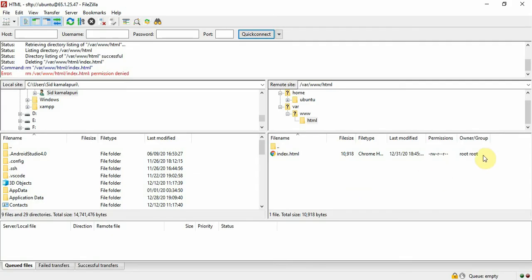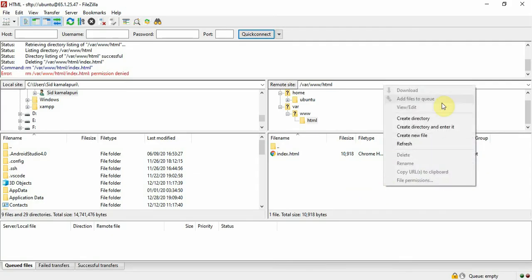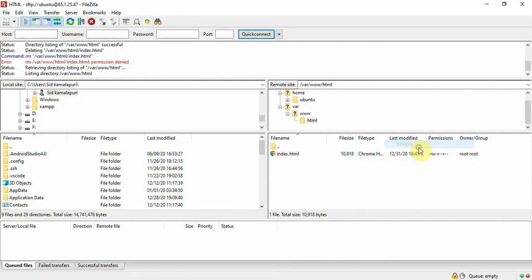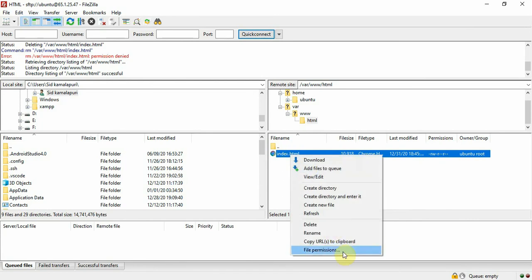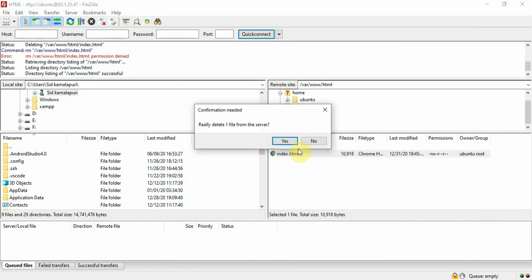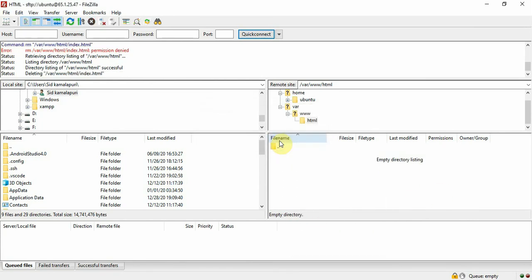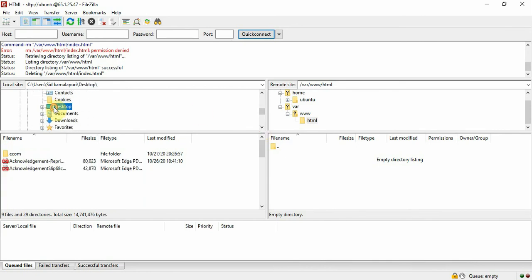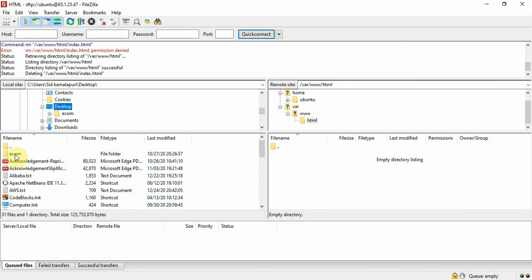So here it is root. Now we'll refresh this. So now you can see that it is ubuntu. So now we can delete this. Right? Now what we will do is we will come here to the desktop. On the desktop this is ecom, right?